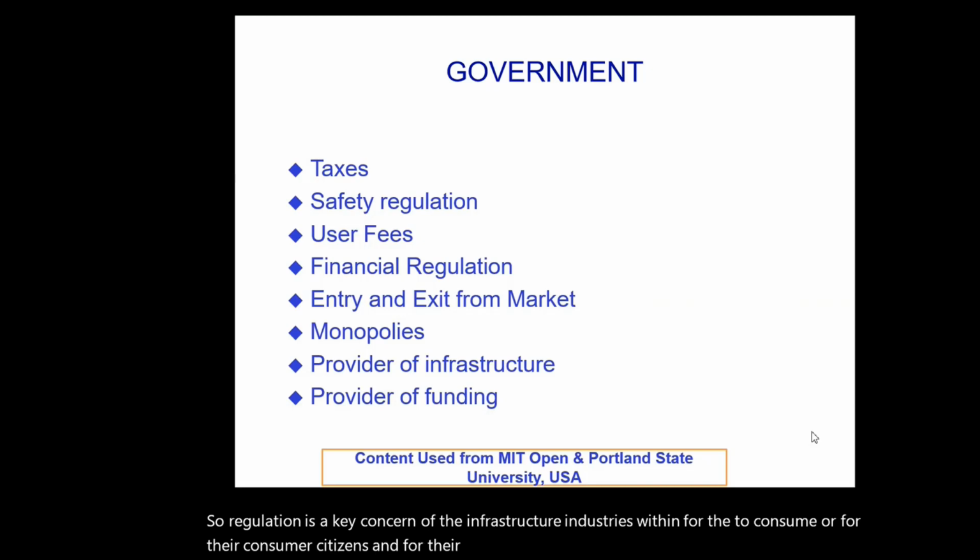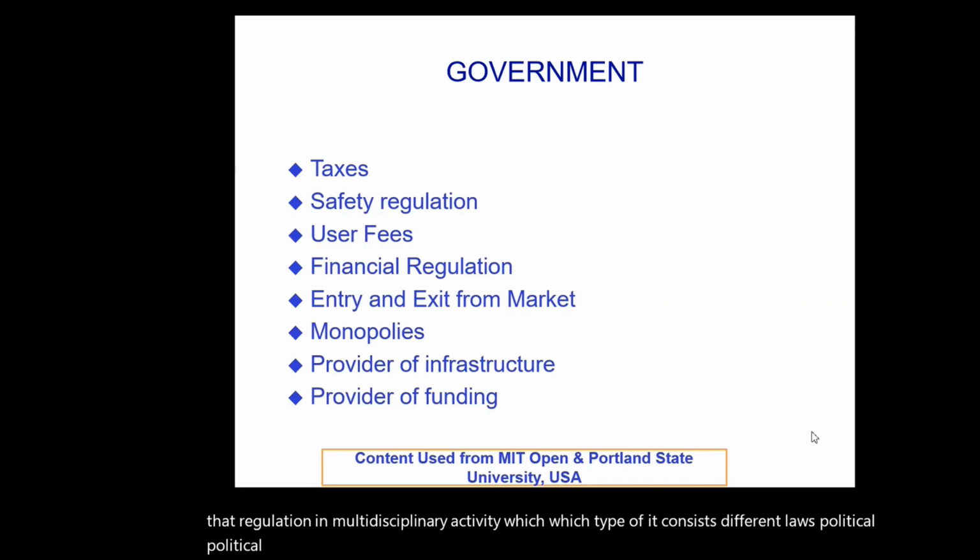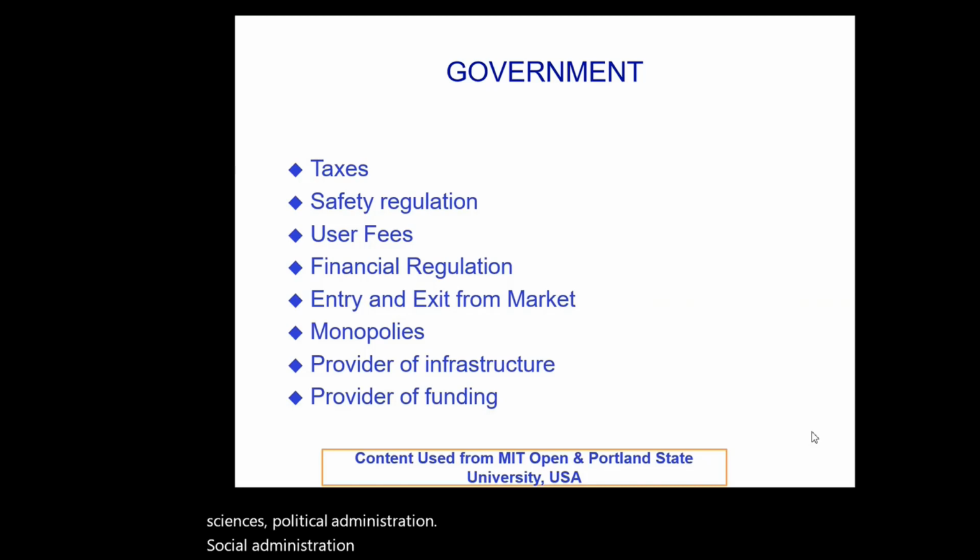It is very important to recognize that regulation is a multidisciplinary activity, which consists of law, political science, political administration, social administration, business, and economy. If you take out the very important term of regulation from the system...